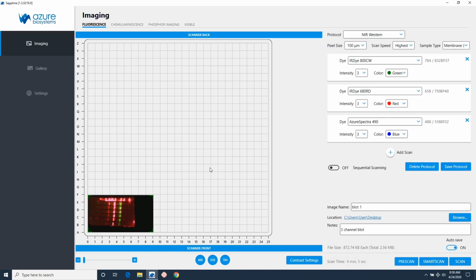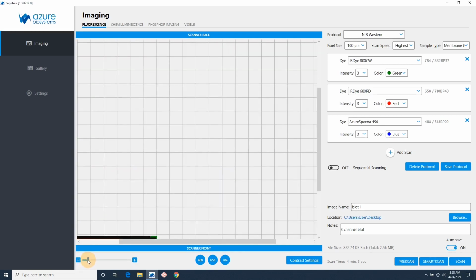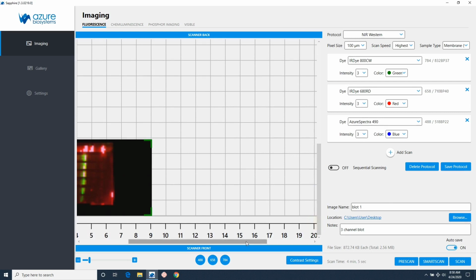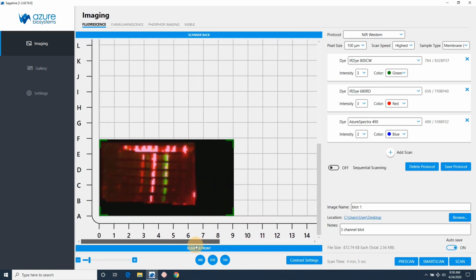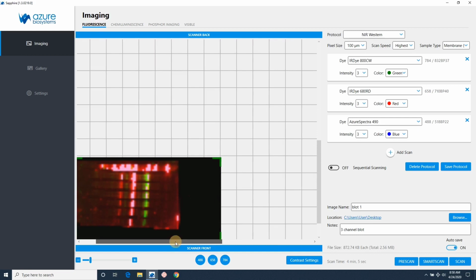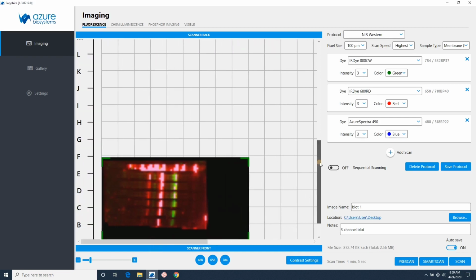Okay, now that our pre-scan is finished, we can zoom into this area. There's a couple of ways that we can zoom in. We can either come down here and grab the slider and zoom in, and then adjust so we can see our image. Or if we wish, we can put our cursor on the top, and then by using the mouse, we can either scroll in or scroll out to zoom in or zoom out